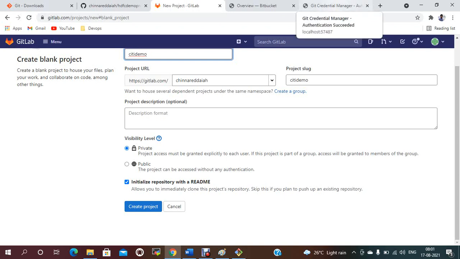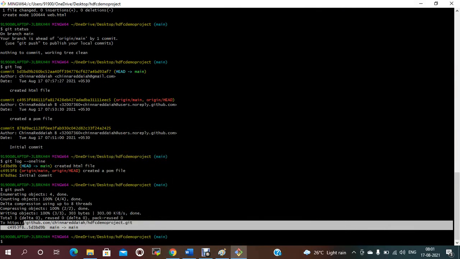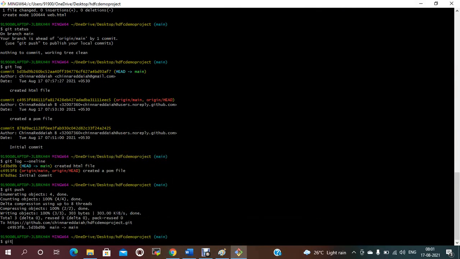username and email address. So for that, you need to use git config hyphen user. These things you just need to use. I'll show you. So that every time it doesn't ask by default. Mine is configured with git config hyphen list.